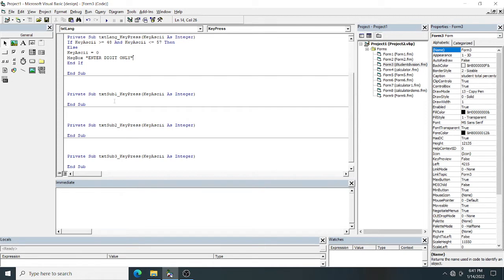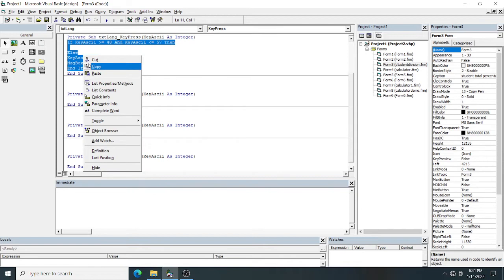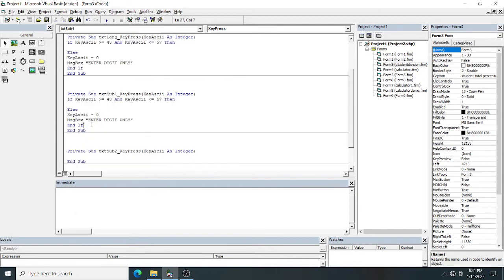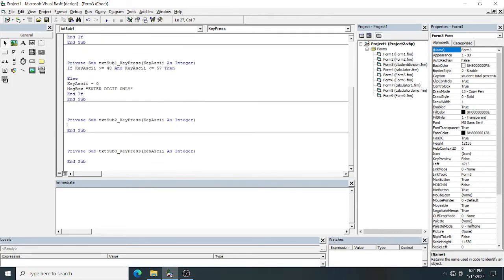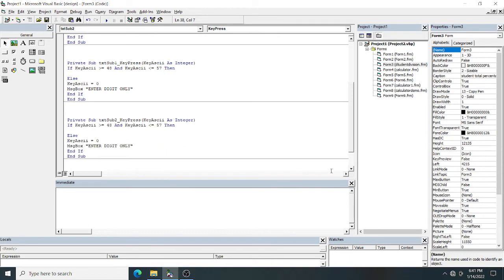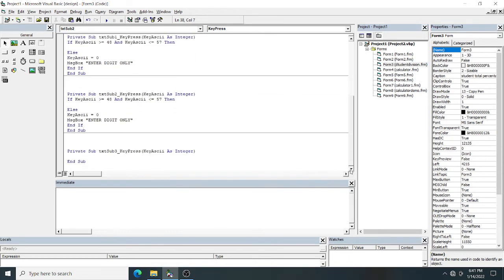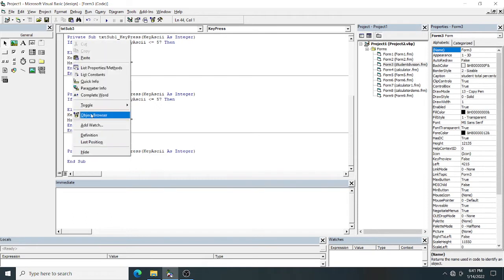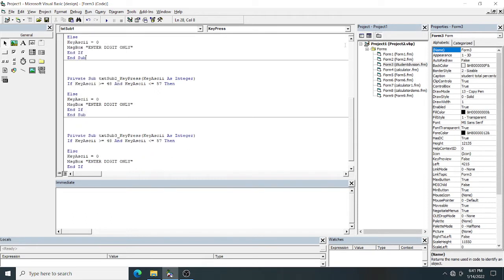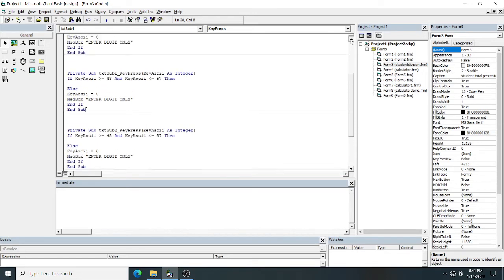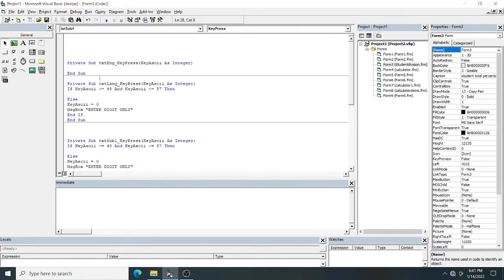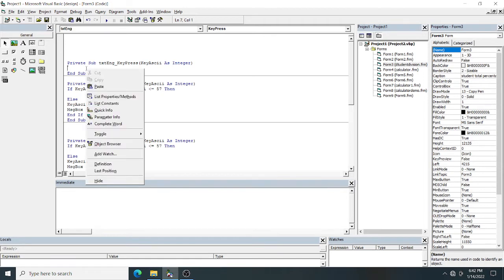After that, we have to copy paste this code. Just copy paste the code: right click, copy, paste. Go for subject 2 also, key press event, click here, paste. After that here also, paste. So it is the same code only. English is also there, right click, paste.